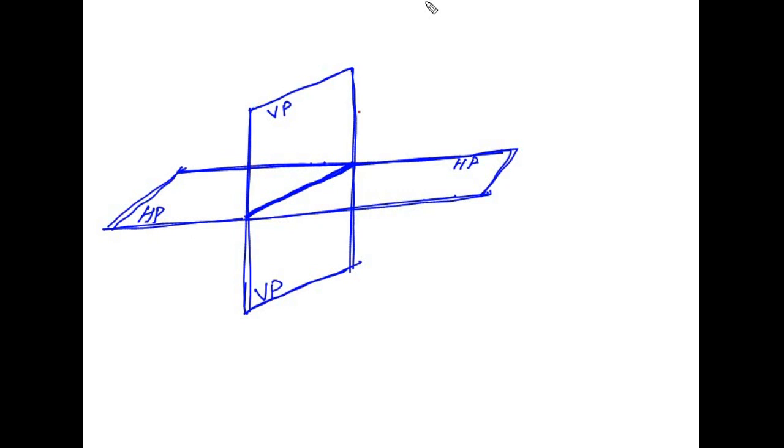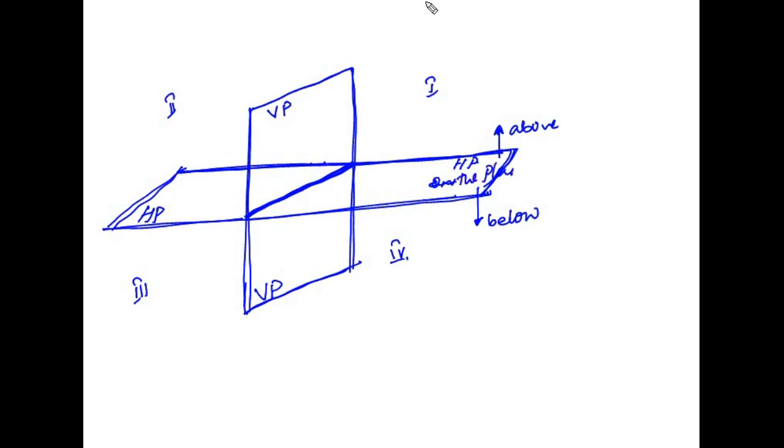So here now I will choose a point in each of these. This is called first quadrant, this is called second quadrant, this is called third quadrant, this is called fourth quadrant, right? So for each of these plane we have positions. You can see, if I take horizontal plane, an object can be up of horizontal plane, or down of horizontal plane, or on the horizontal plane, right? So this I call as above horizontal plane, this is below horizontal plane, and this is on the plane, right?